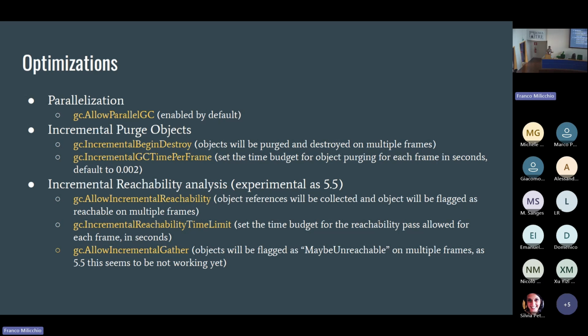It is experimental, so Epic doesn't suggest shipping a game with this feature turned on. And you can see the comments that enable that feature. As in the previous step, you can set a time limit for the incremental reachability analysis.